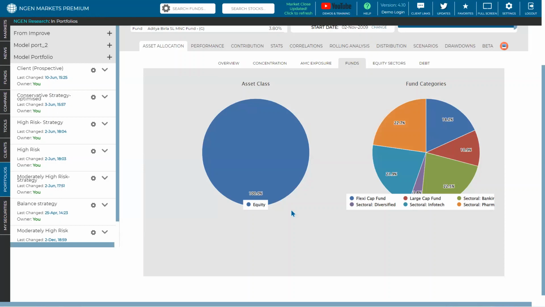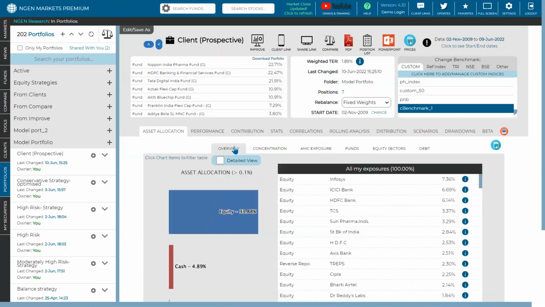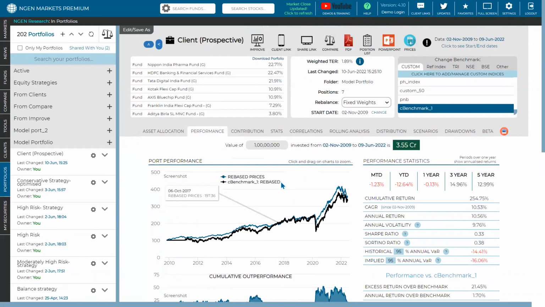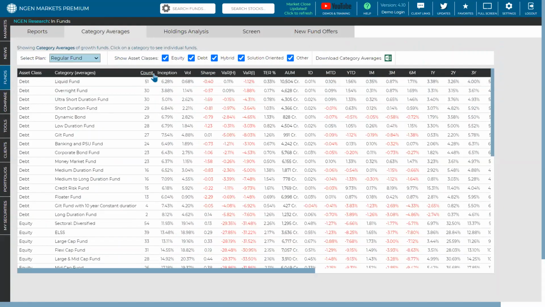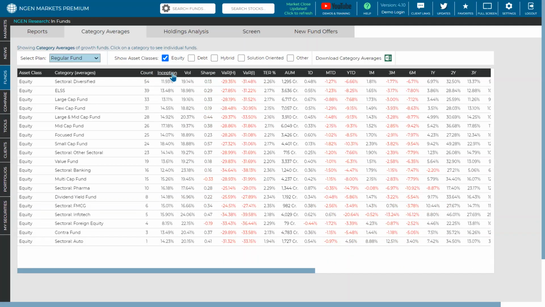Hi, this is Aruna. One more thing. You can use the category of funds as an index, like category average. But the one issue is that if you're looking at the historical returns of a category average, that becomes a bit tricky, because if you look at the category averages right now, even on our fund section, they will show you the average of, let's say, the large cap category, in terms of how many funds we have today. But if you look at 3 years ago or 5 years ago, the number of large cap funds in existence would be